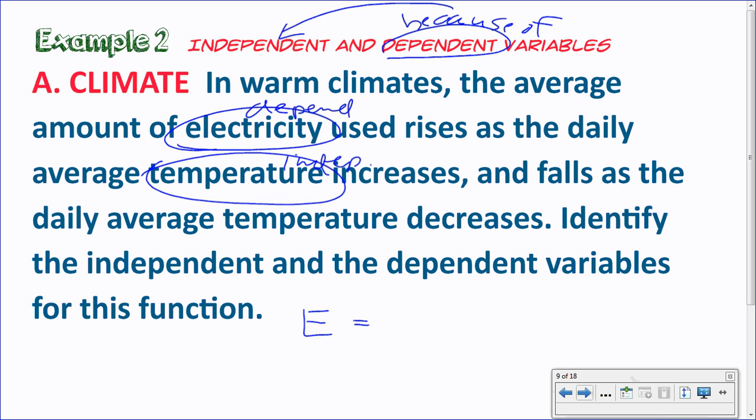And by default, the independent is over here. What goes in front of the independent? What did we say earlier? Slope or rate of change. What goes at the end of this? The y-intercept or